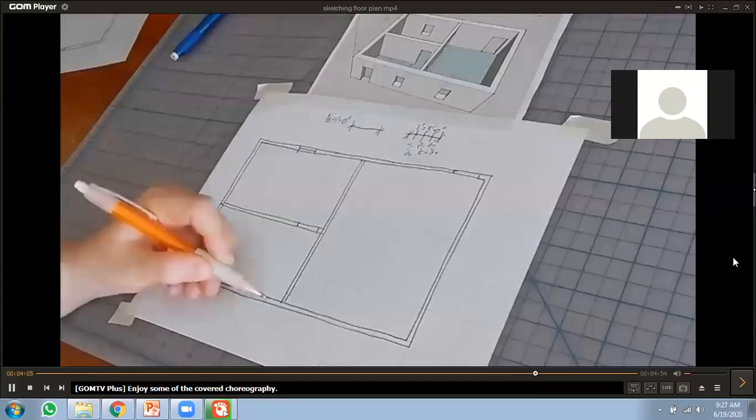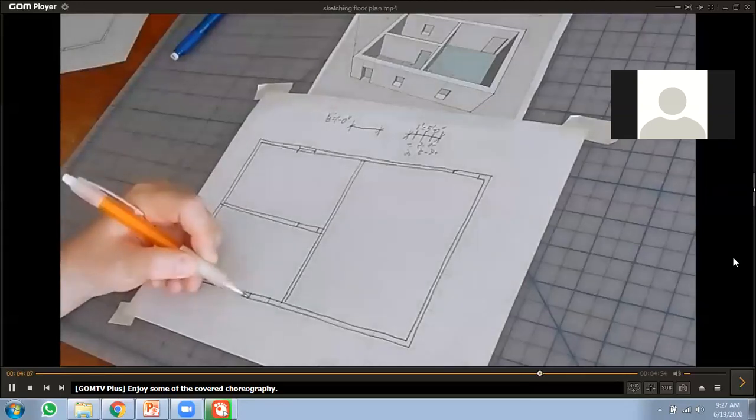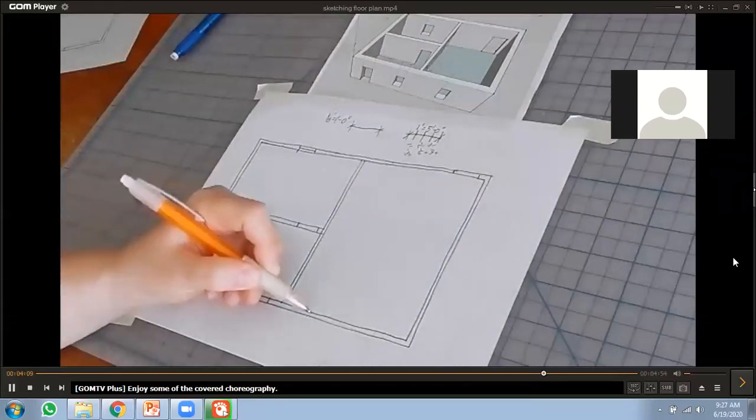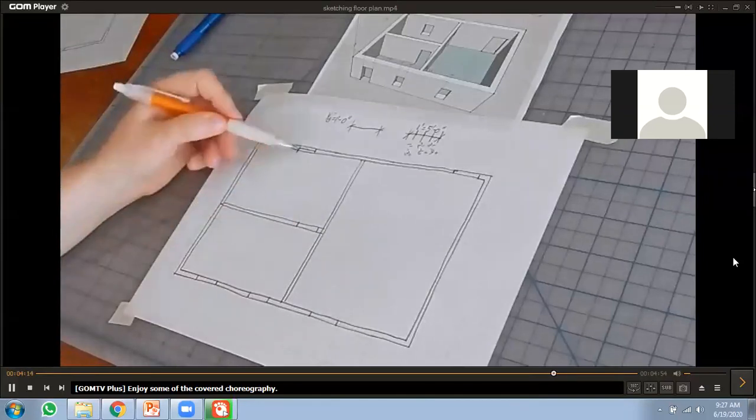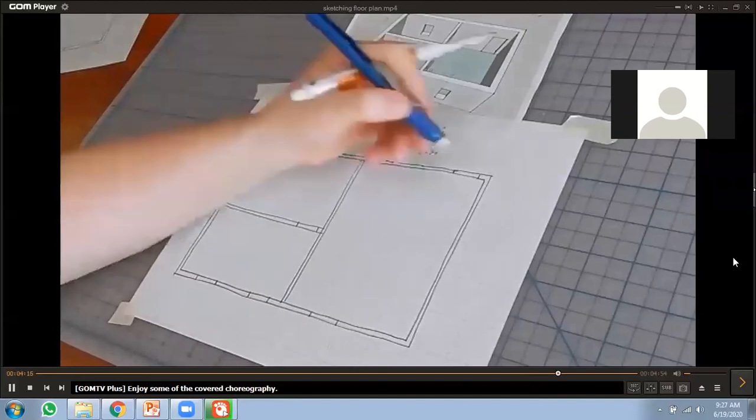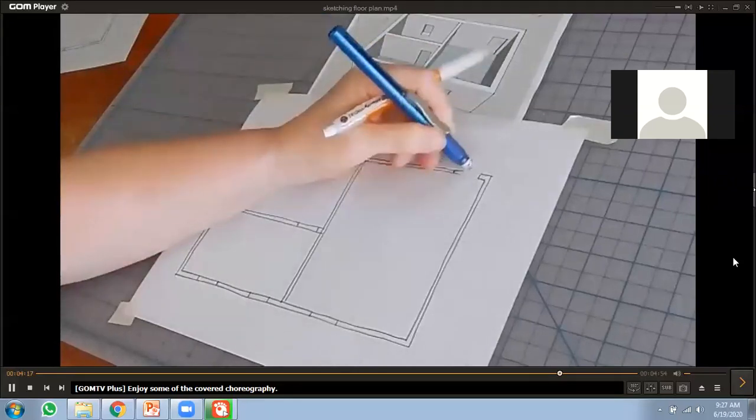Now I'm just going to eyeball the positions of these remaining openings. That's the symbol for a fixed window. Let's add the door symbol here.